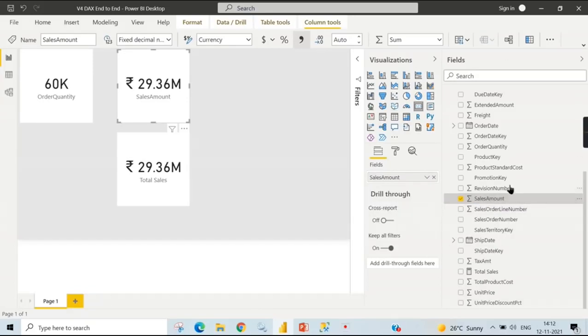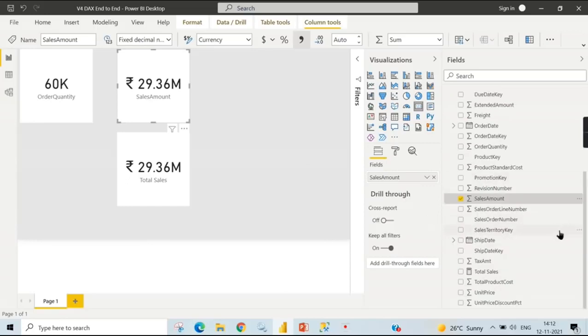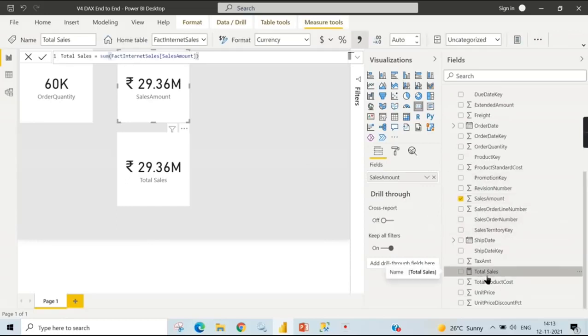Suddenly the column name got changed or collapsed, and maybe instead of sales amount they put sales underscore amount. So at that time, all 100 places you need to manually change it. But when you write it like this, what happens,